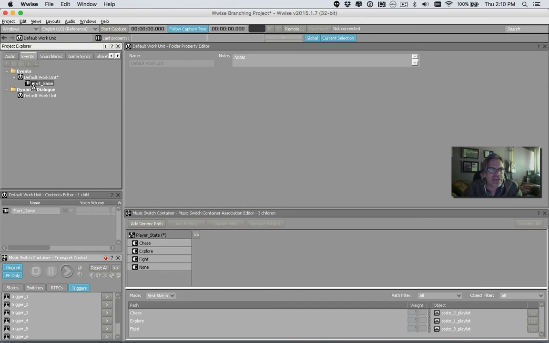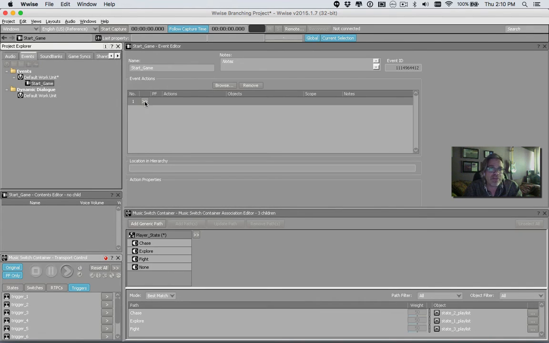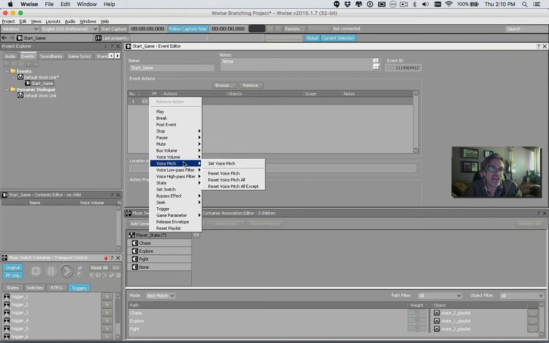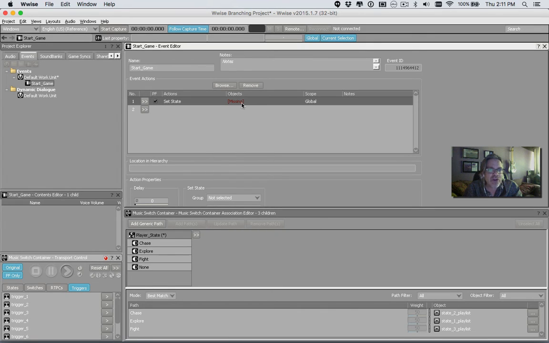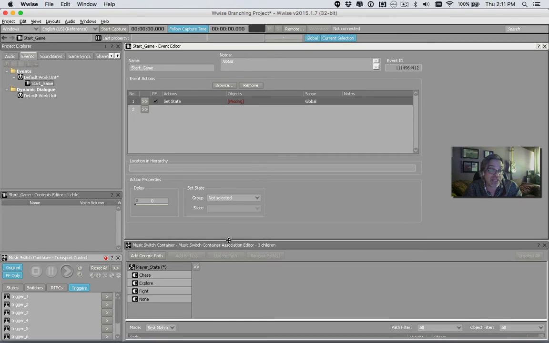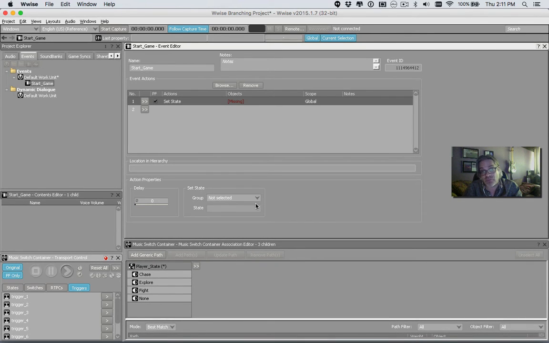And at the start of the game, I want to do a couple different things. One of the things I want to do is set the initial state that I want to be in. So I can go in here, click on the greater than signs, and go down here and say state, set state. So when I first start my game, I can set up the state that I'm going to be in, my player state, and I'm going to set it to